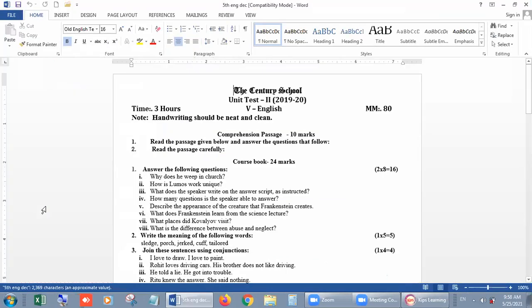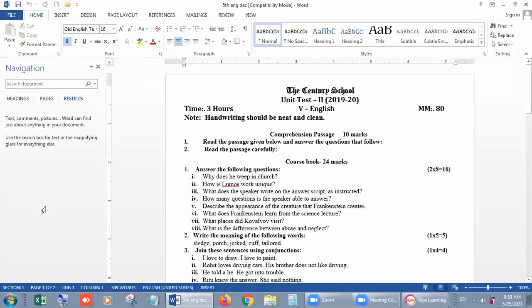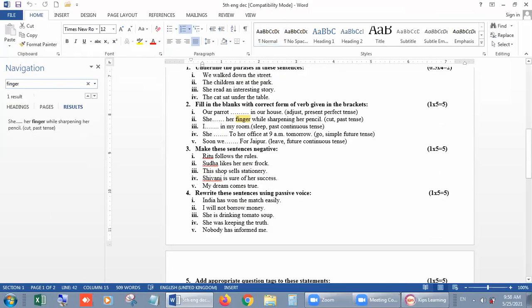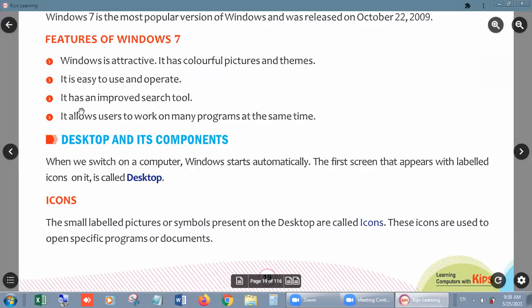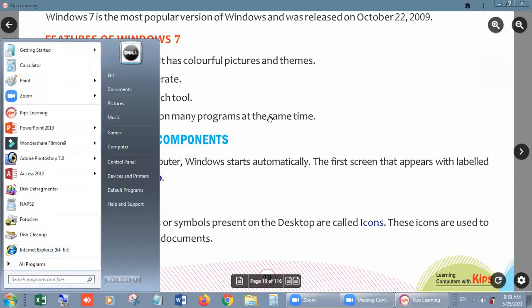And I am going to search finger. Finger word. Look, here we have the word finger. Right, na beta? It is a very beautiful feature of searching. That's why it has an improved search tool. From the searching, we can directly know where our file is stored inside the computer, right?